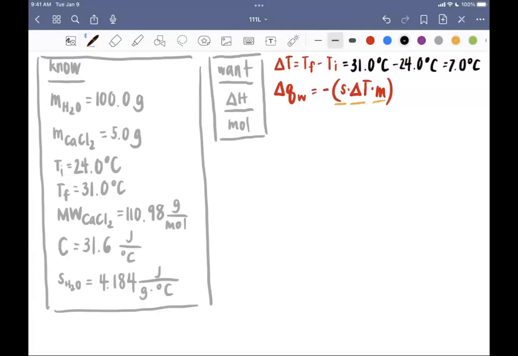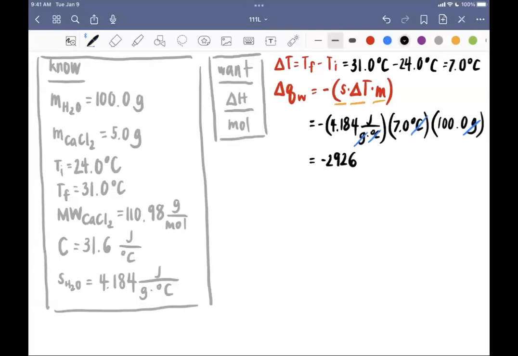So we're going to do this math and say this is equal to the negative specific heat times the change in temperature times the mass of the water. And we can cancel units accordingly, grams and grams, degrees Celsius and degrees Celsius, so that our delta QW is going to be equal to negative